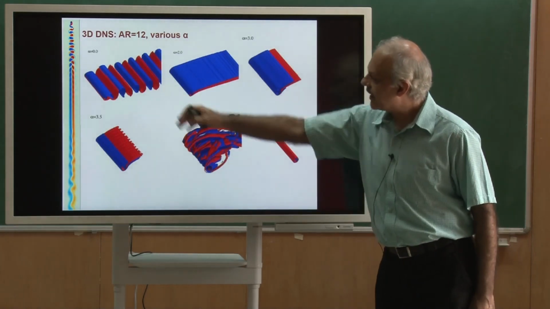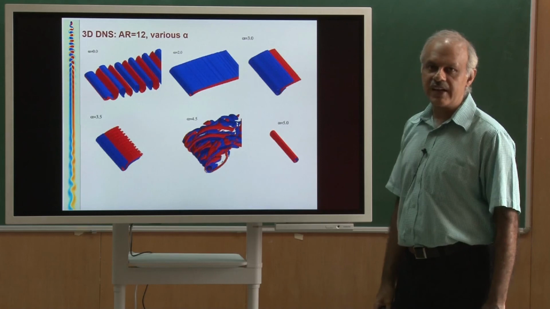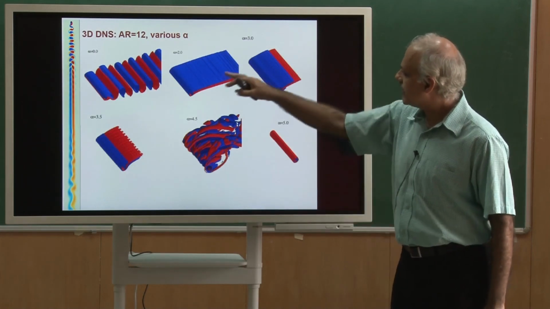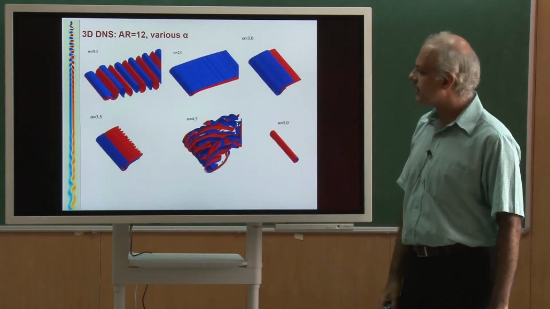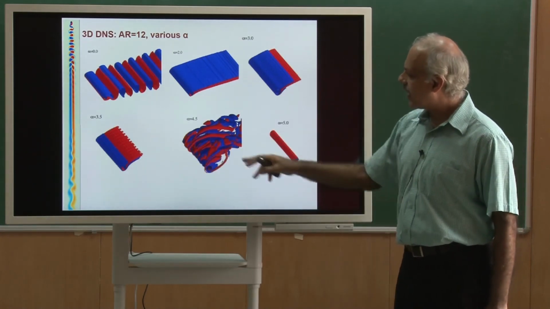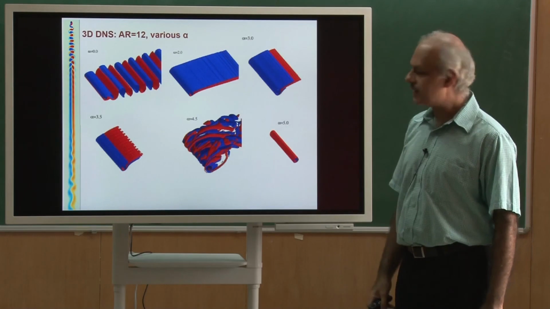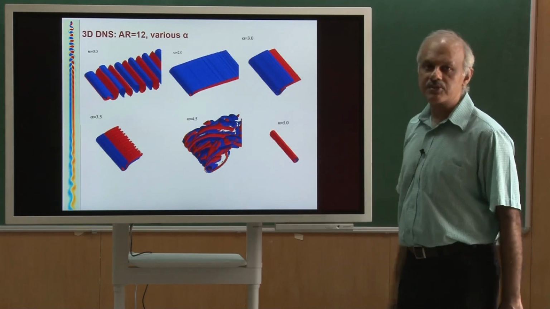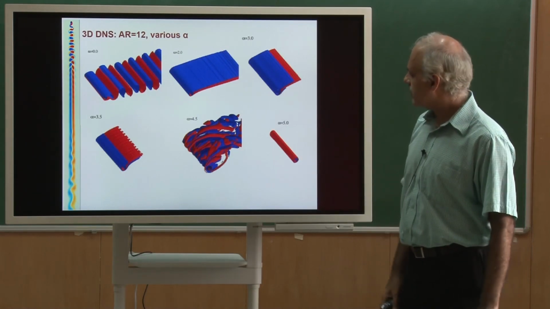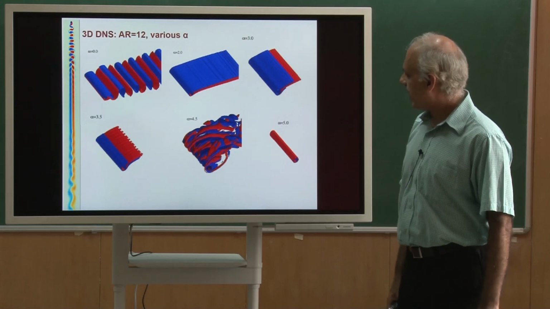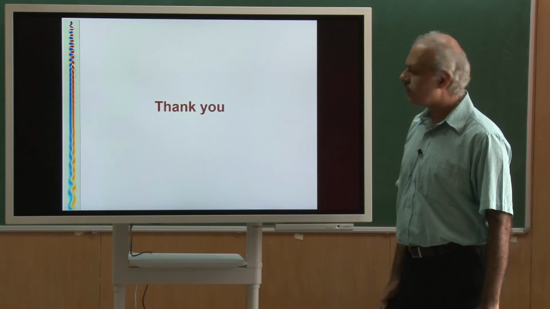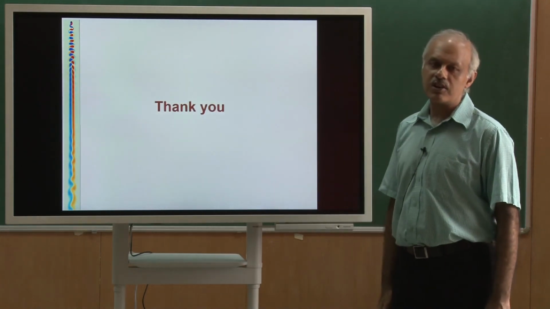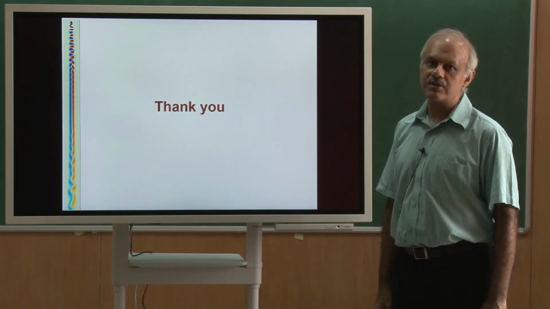So you can see at alpha equal to 0, the flow is fairly 2-dimensional. You get some 3-dimensionality at larger alphas, so you can see 3-dimensionality at 3.5. At 4.5, the flow is highly 3-dimensional, and then it again becomes steady and 2-dimensional at alpha equal to 5. So we will stop here, and I hope you got a flavor of the difference between the potential flows and the viscous flows.